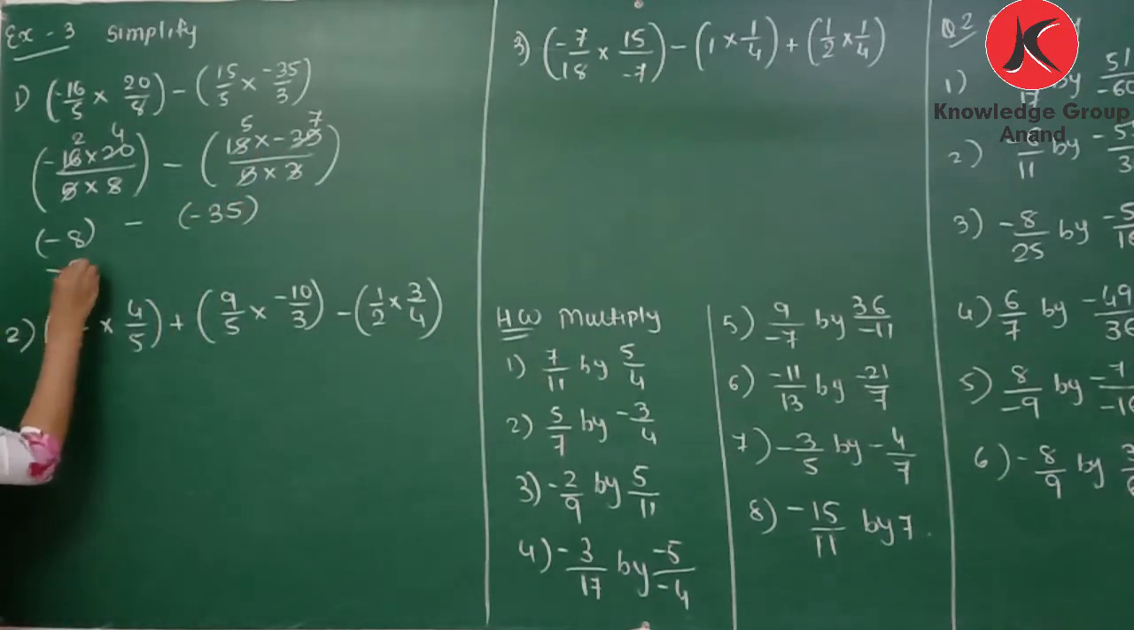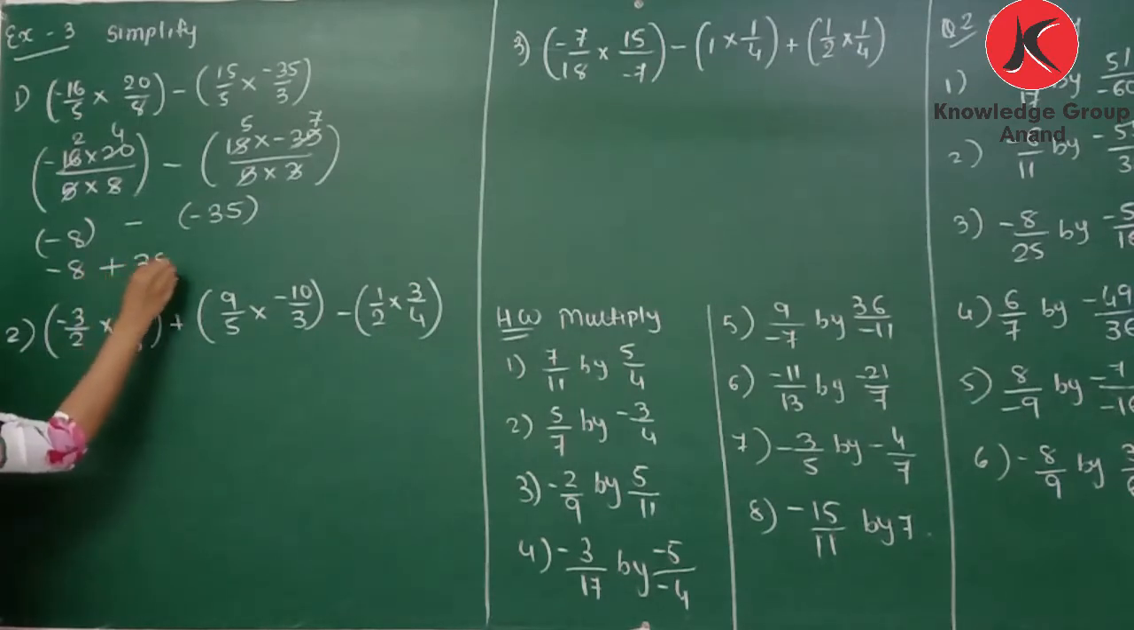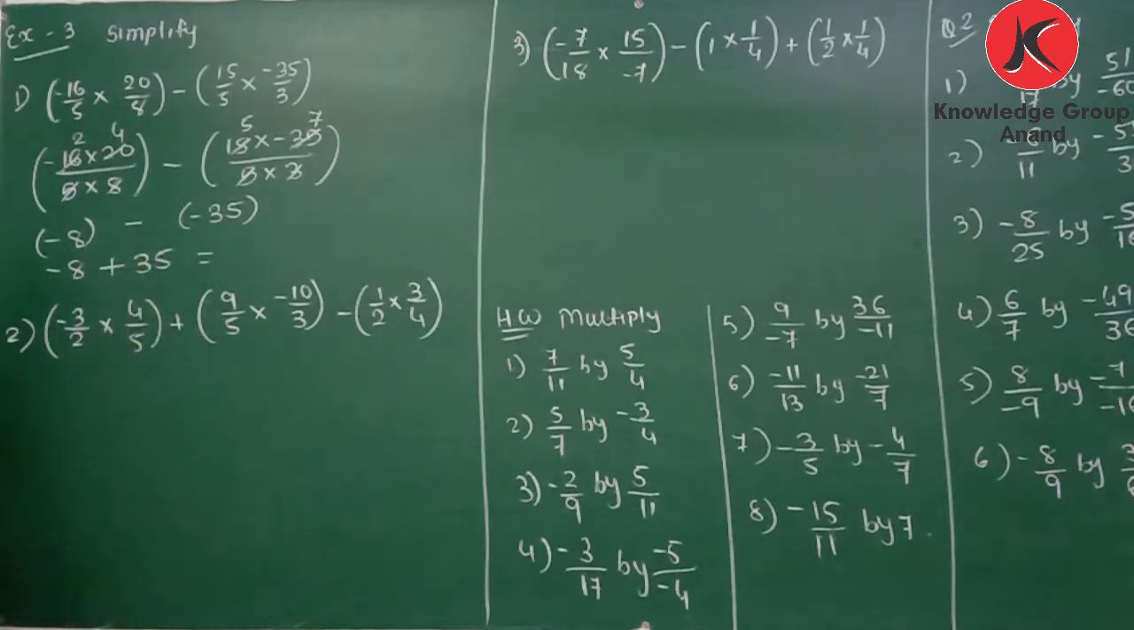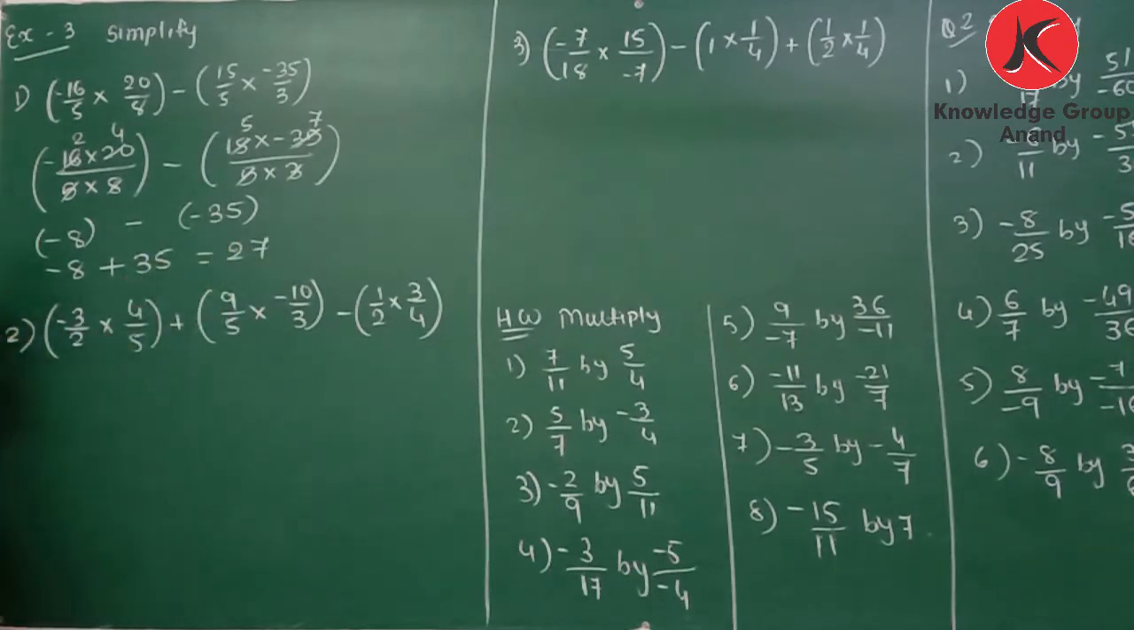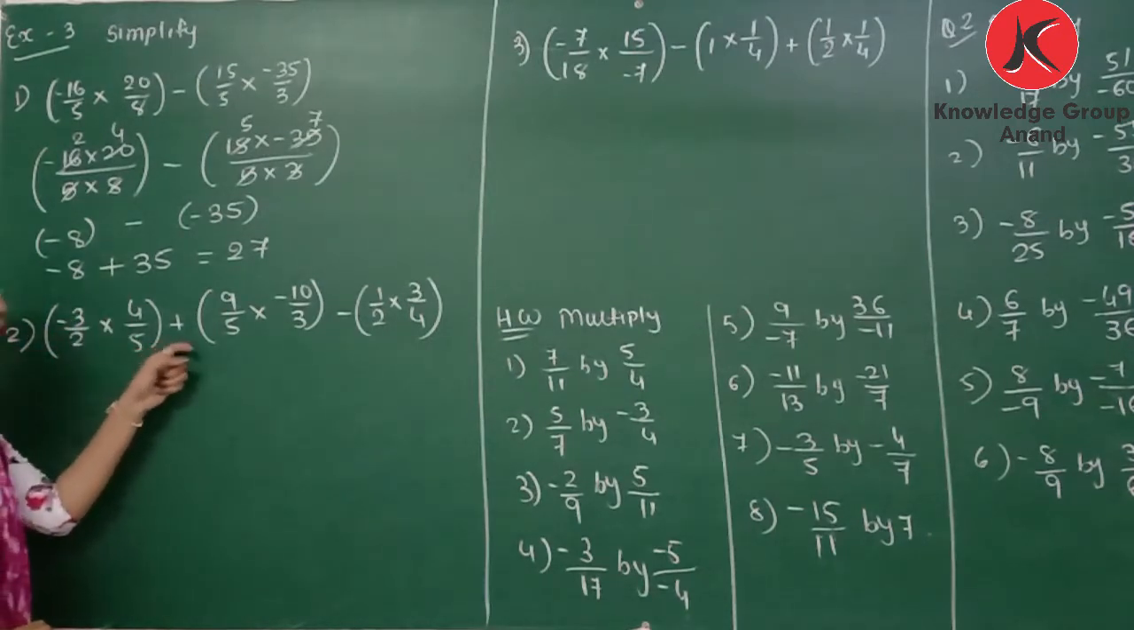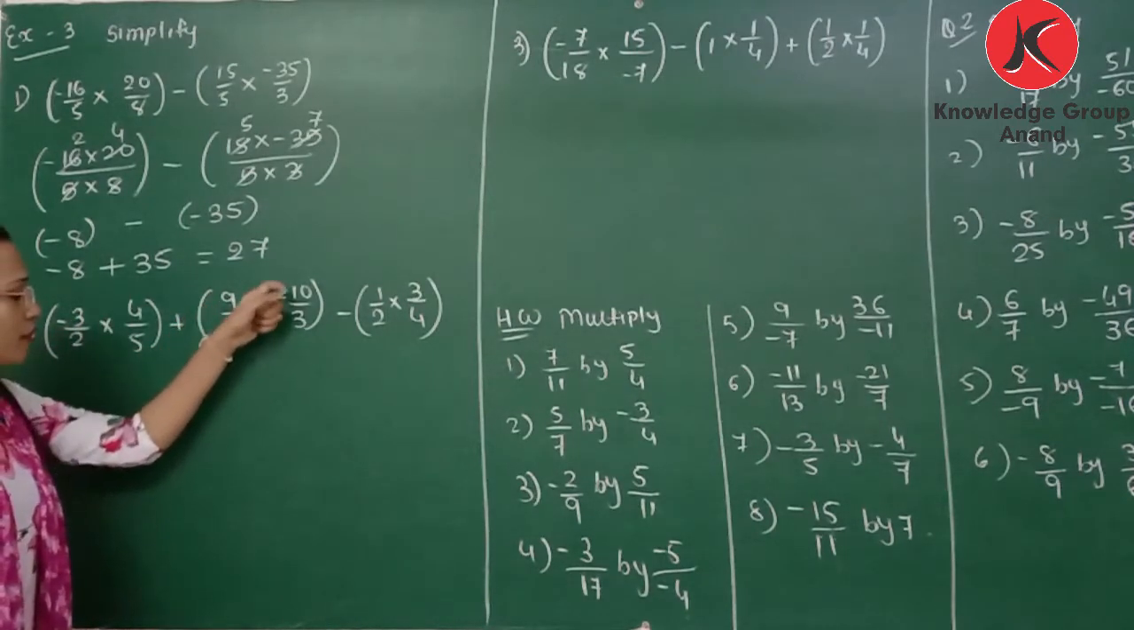So minus 8, minus minus 35, that is plus 35. So one negative, one positive, that is an integer. So here the answer will be 27. Clear? Now next one, minus 3 by 2 multiplied by 4 by 5 plus 9 by 5 multiplied by minus 10 by